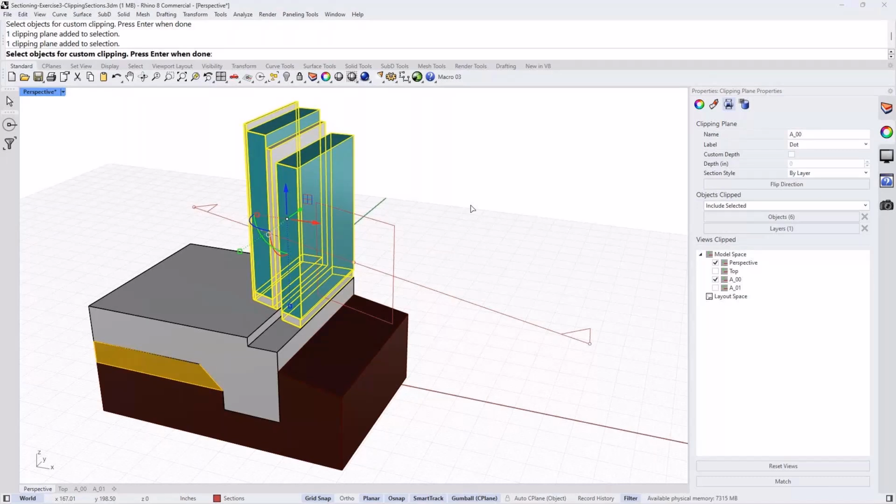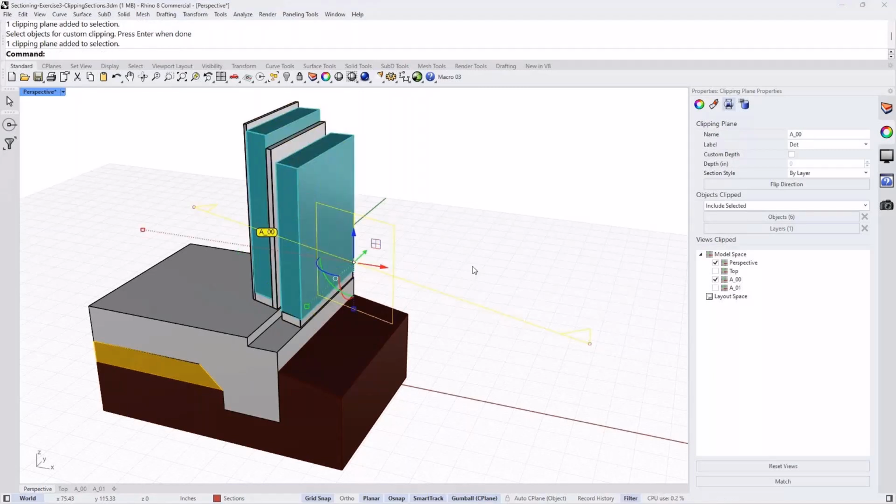If you happen to have more objects in one layer, you haven't divided those, but you actually are not interested in cutting through that foundation, then you can also mix and match, if you will, the objects that you cut through. And this is really useful when, for example, you have reinforcement steel inside a beam, and you want to just cut through the concrete of the beam and see what the bars and the reinforcement look like in the middle.